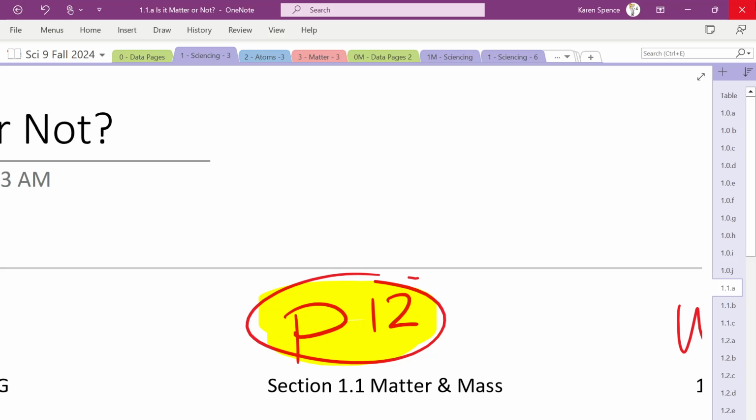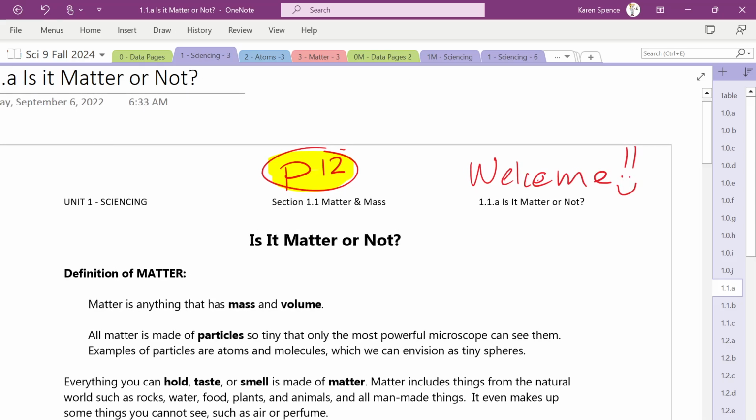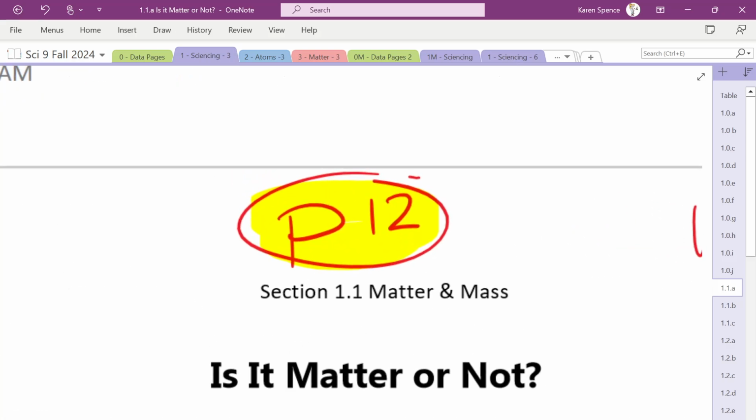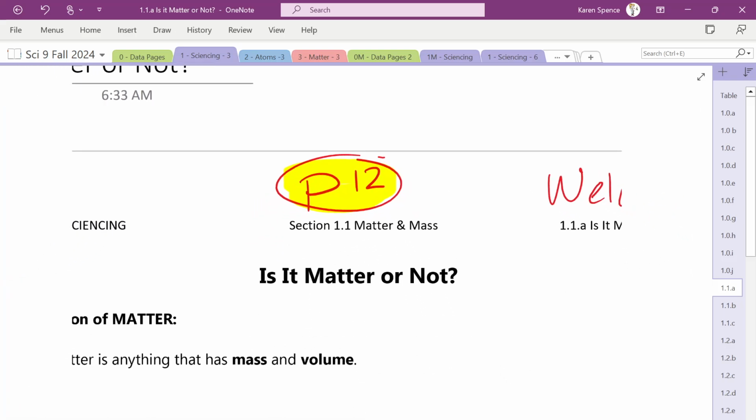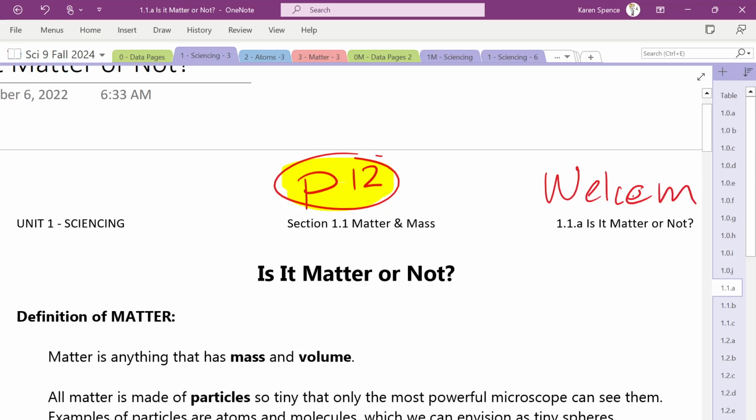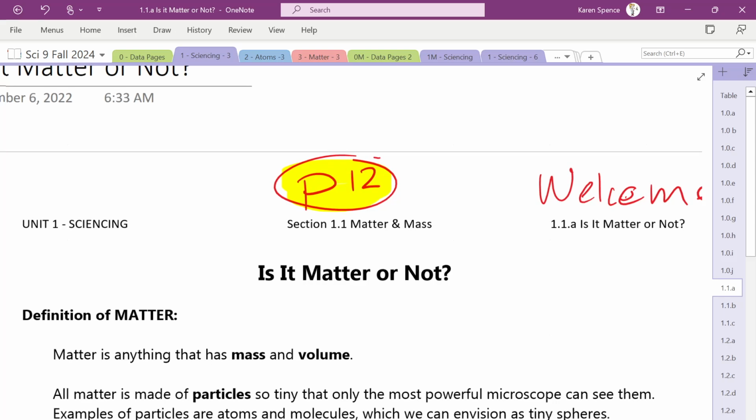Okay, your attention in 5, 4, 3, 2, 1. What page are we on? We are on page 12. Thank you. So you'll notice that very often when I go to the workbook, I will usually put it highlighted in a circle, like when we first start something. That way you can figure out where to go.